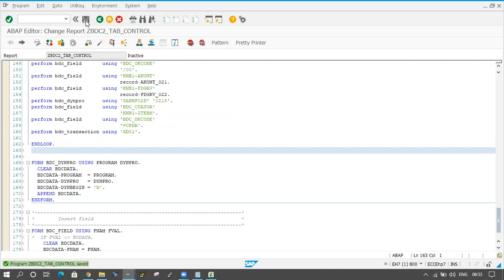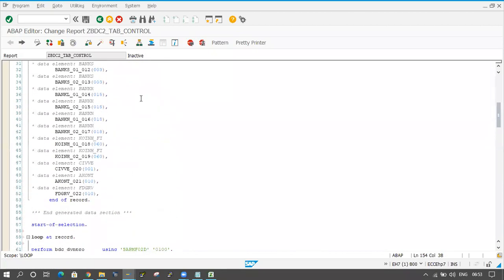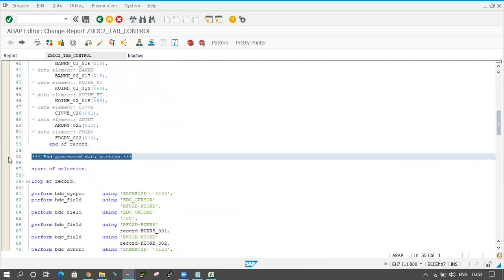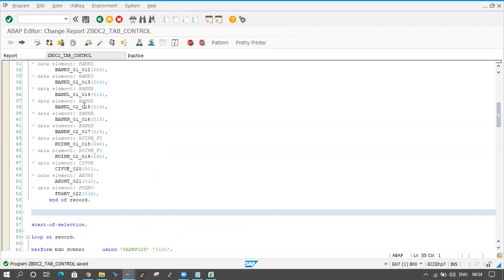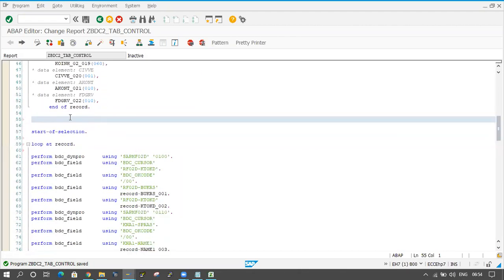Normal programming, not BDC, not table control concept. Normal program is completed. And before that, we have to upload the data, right? I will upload. Here one internal table is coming. I'm declaring one internal table, and after that internal table,